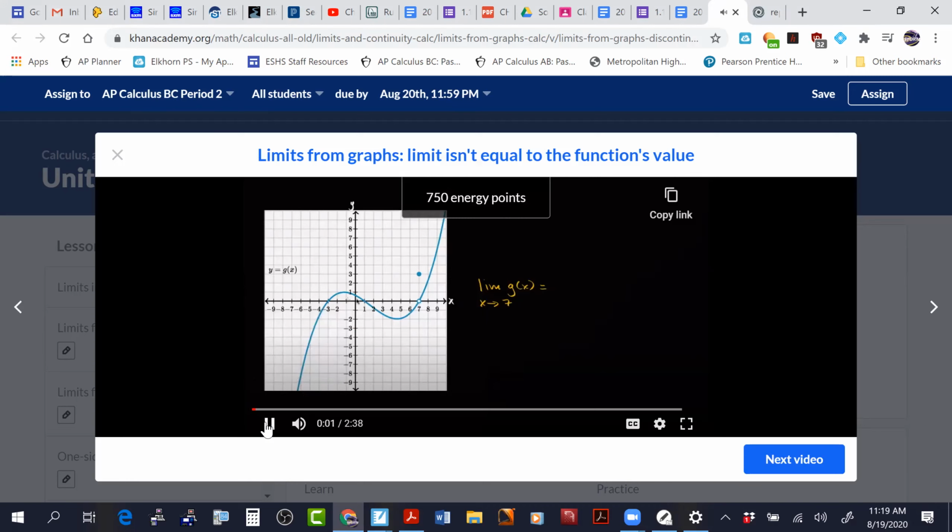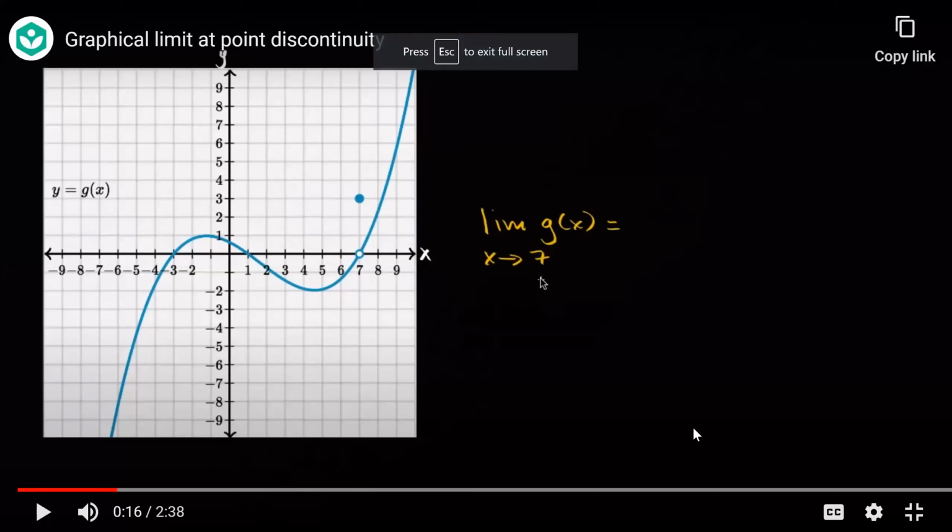So here we have the graph, y is equal to g of x. We have a point discontinuity right over here at x is equal to 7. And what we want to do is figure out what is the limit of g of x as x approaches 7. Now keep in mind when he talks about this, when you approach a value,